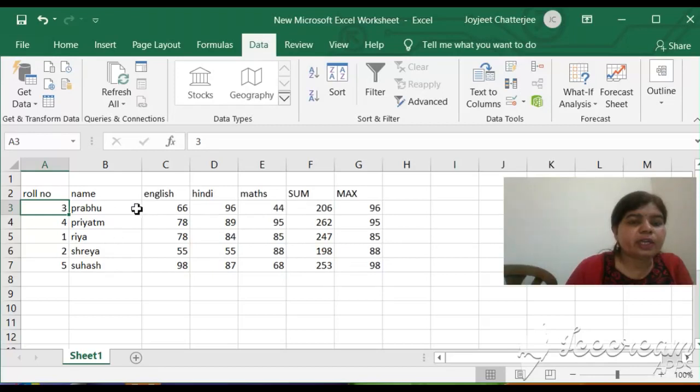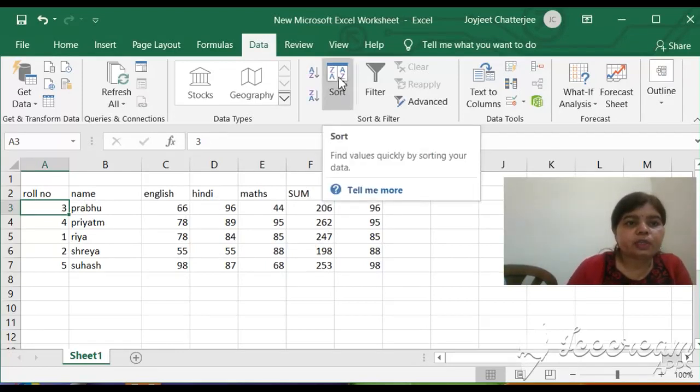And according to that their marks, whatever marks are there, are for Prabhu. It is not that only the name column is changed and other data is not changed. The whole table will change according to that sorting. Clear? If you want to remove that sorting, you can click on the sort button again.